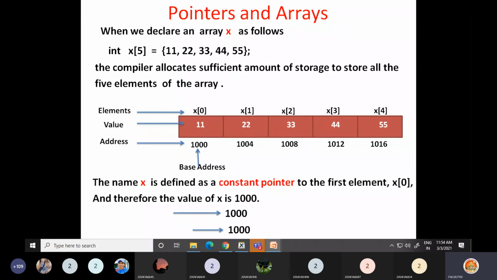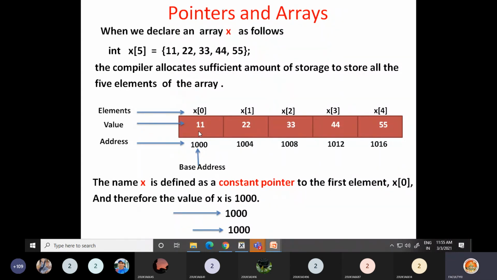When you say the name x, it indicates the first element address, that is, the base address, and that's why x is called a constant pointer to the first element. What is the first element? x of 0. So the value of x is 1000. Each element is x of 0, x of 1, x of 2, x of 3.